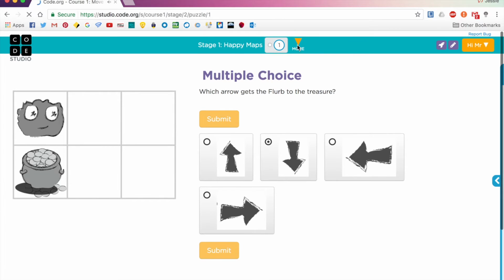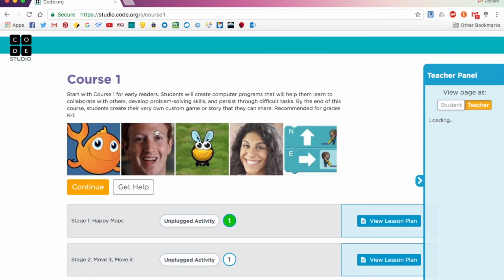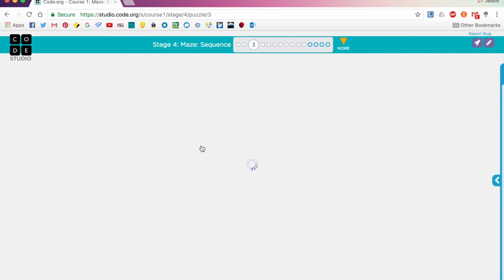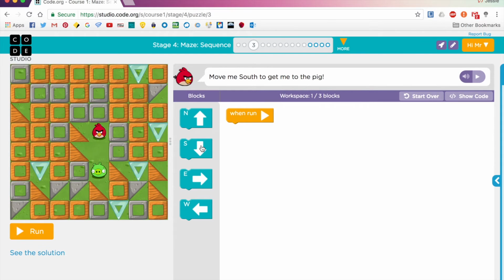Whereas if we go to one over here, we'll do it incorrectly and show how it explains to the children. We know it's down south twice, but if we go east and down, what that's doing is saying that we're going to go that way and then down, so that's not going to get to the Angry Bird.